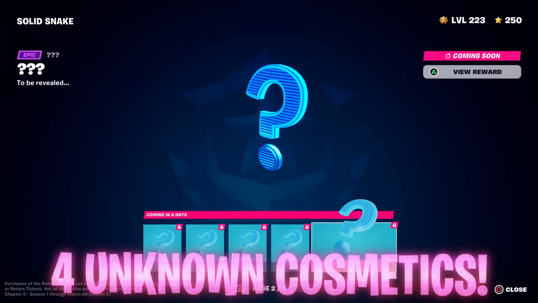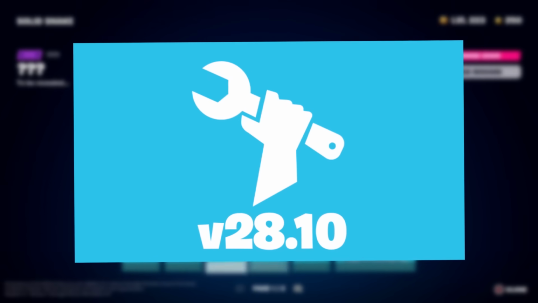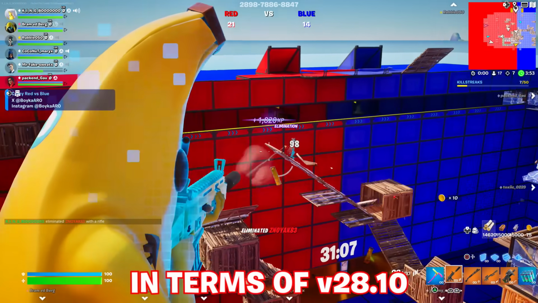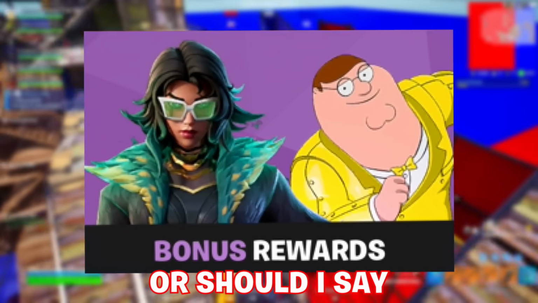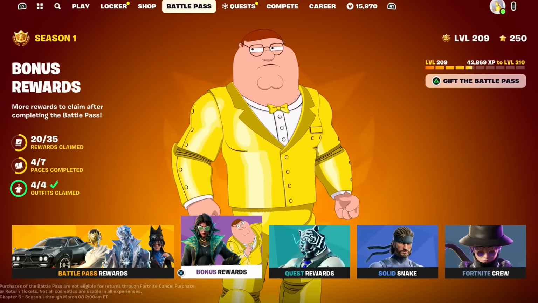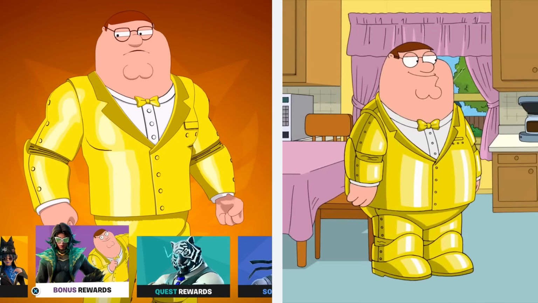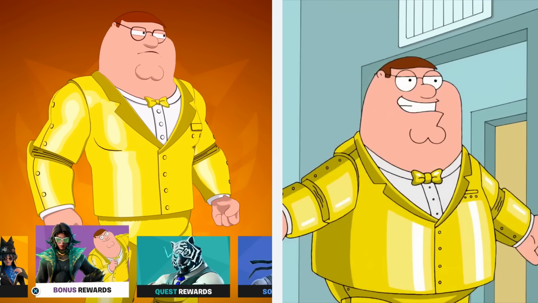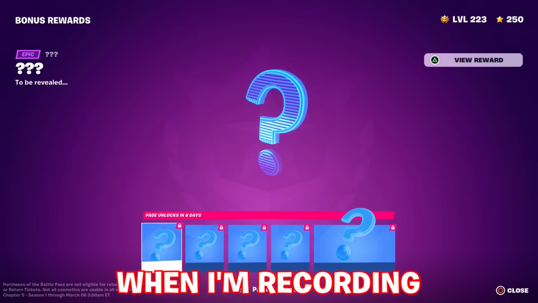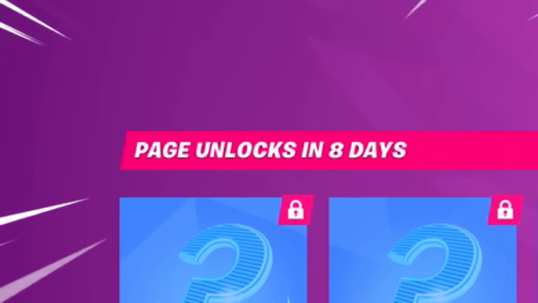Literally there's only 4 cosmetics that we don't currently know of, which again we're going to be finding out for the first time in 28.10. In terms of 28.10, something we're also going to be finding out about are the bonus rewards finally, or should I say super styles, considering right now we already have Golden Peter Griffin, taken from this episode of Family Guy but introduced in his buff form that they've had to create him in, that we've already shown the clip of Seth MacFarlane explaining. Again, when I'm recording January 16th, these are upcoming in 9 days,